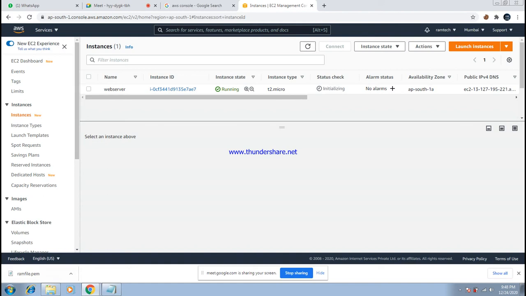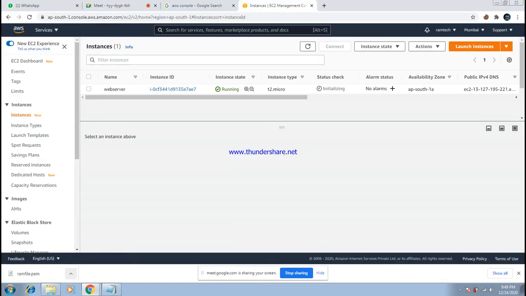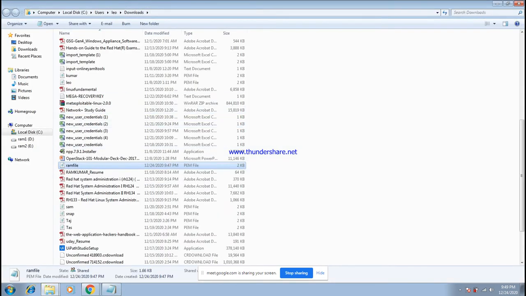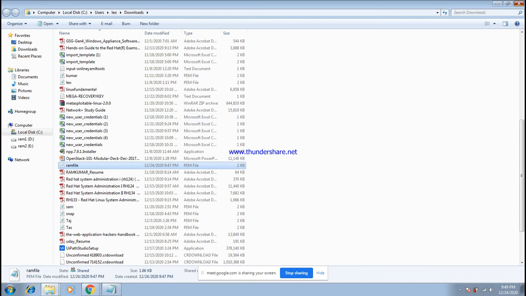Before that, I want to change the PEM key into an ordinary key. Go to the EC2 console, show the download, then I cut and paste my PEM key on the desktop, madam.